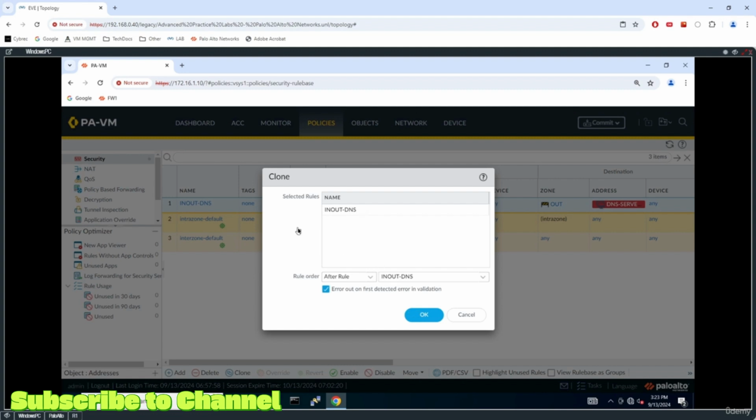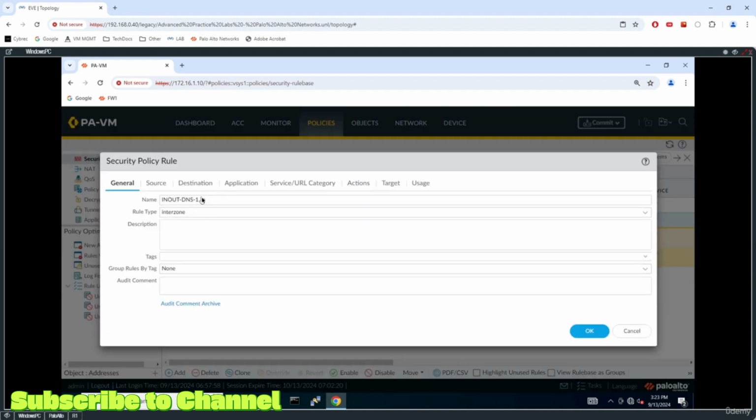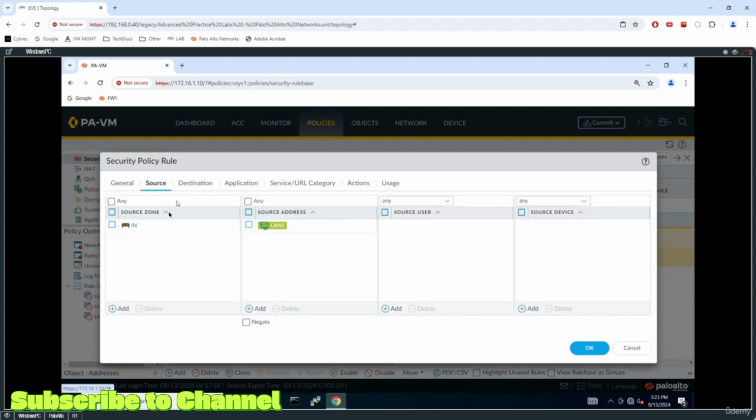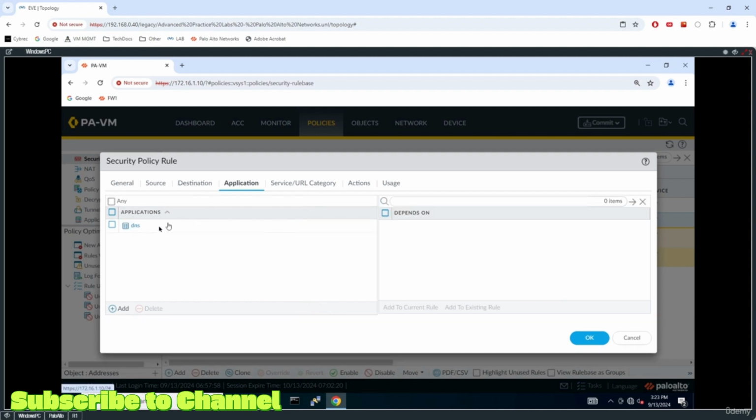We will add a second rule below. So that's the fastest way to configure a similar rule. Just clone it, and then click on the rule and change the name. Let's call it web. The source is going to stay the same. Destination is going to be changed to any this time. Destination zone is out. This time application is going to be configured as